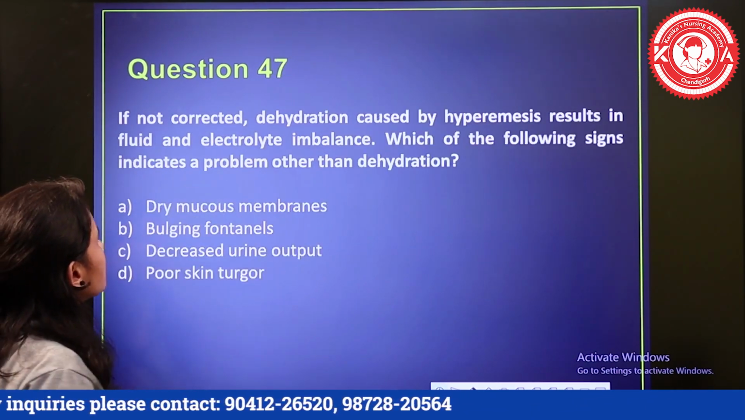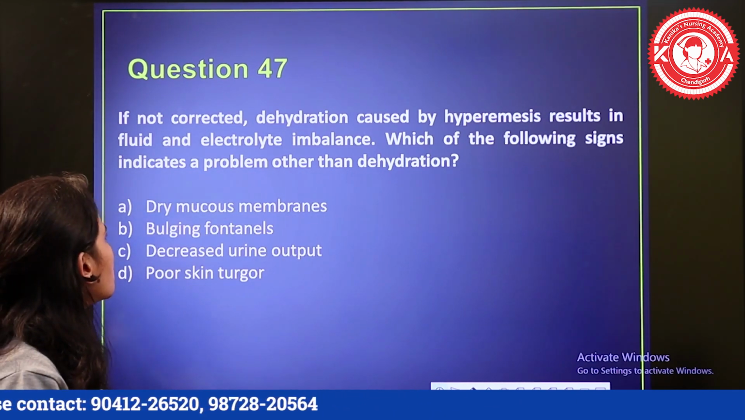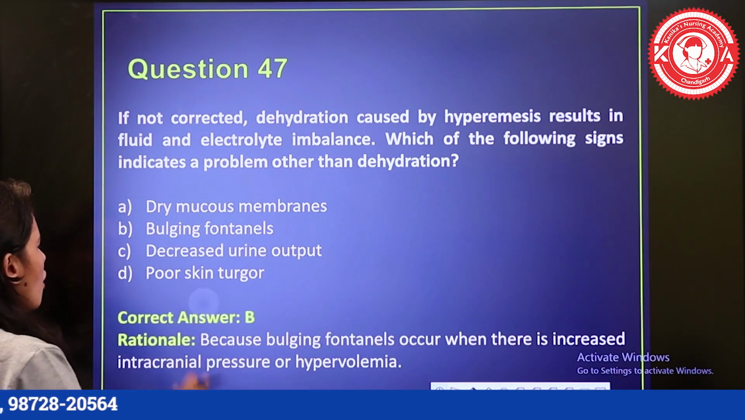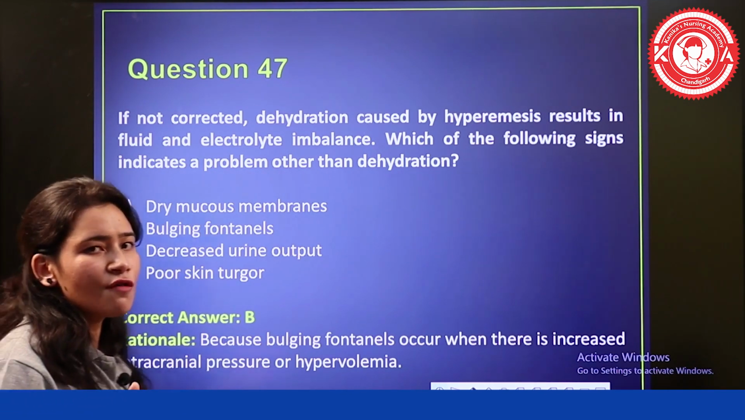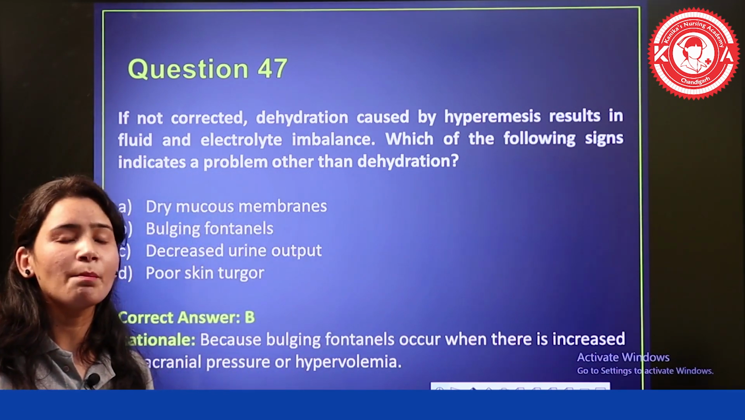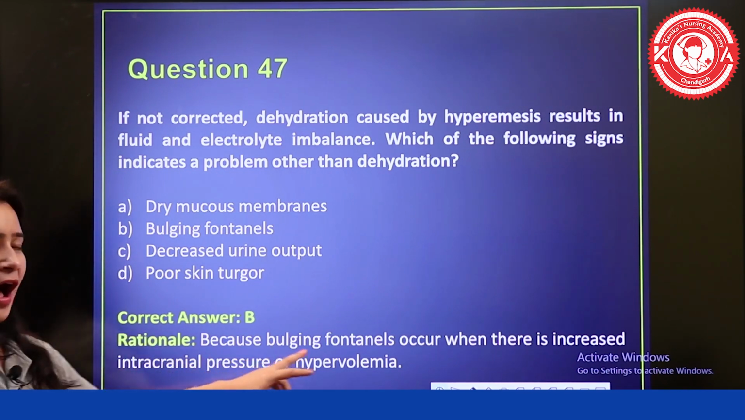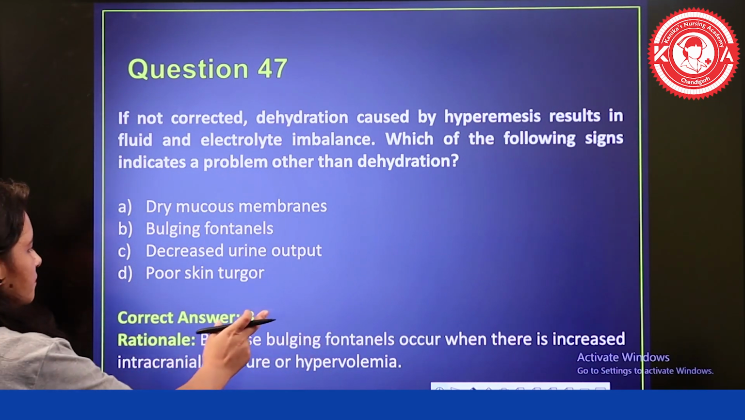Now next question is: if not corrected, dehydration caused by hyperemesis results in fluid and electrolyte imbalance. Which of the following signs indicates a problem other than dehydration? तो यहाँ पे राइट ऑप्शन जो है बी। तो सिंपल सी बात है, यहाँ पे डिहाइड्रेशन में संकन फॉन्टेनल होते हैं। सो बल्जिंग फॉन्टेनल किस केस में होते हैं, बल्जिंग फॉन्टेनल इंक्रीज आईसीपी में होंगे, और उसके अलावा हाइपरवॉल्यूमिया में होंगे, ठीक है। तो यहाँ पे जो राइट ऑप्शन है दैट इज बी।